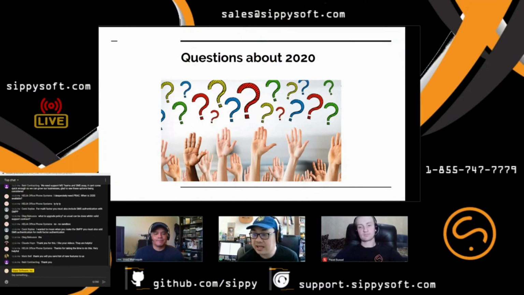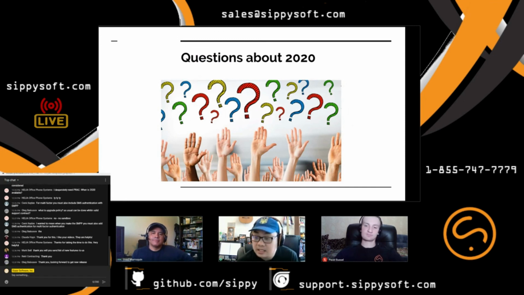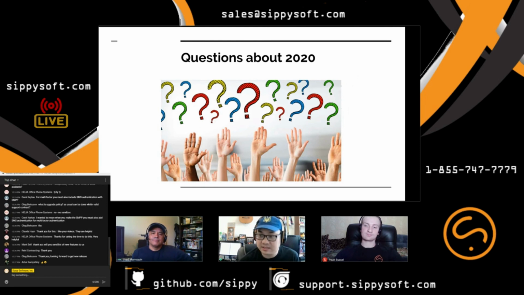Maybe 2 points. Sank asked about the SMPP support. Yeah, we are planning, as a feature, to send out multi-factor authentications through SMS as well. But that is blocked. We have to have SMPP support before we could do SMS authentication. So one can't precede the other. But that is definitely a feature on our roadmap. And we do have a framework to handle multi-factor authentications now. So that should be pretty straightforward once we get that